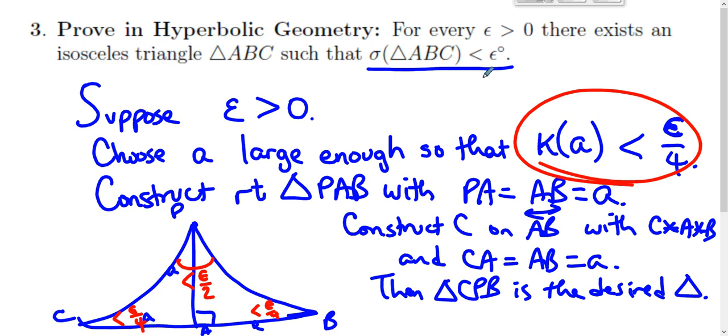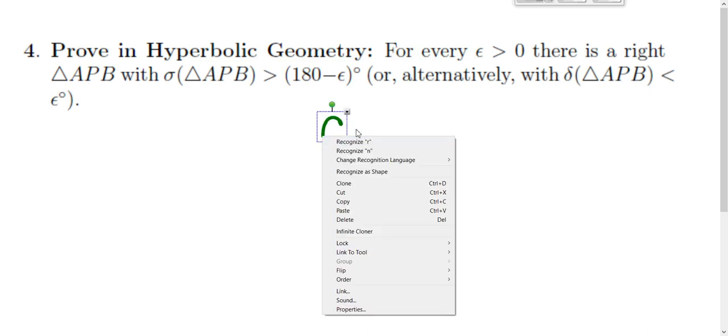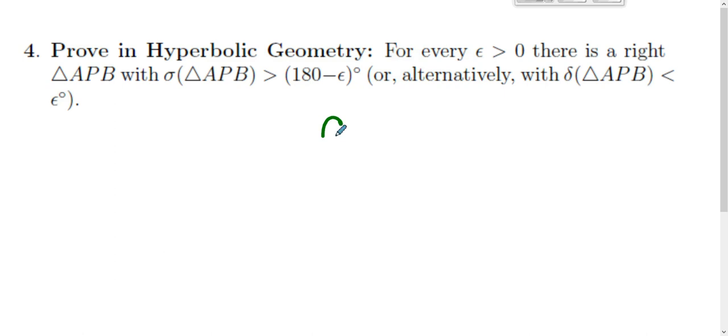So what's the takeaway here? We can make triangles with angle sums as small as we want, but we have to make the sides really big. For every epsilon greater than 0, there is a right triangle whose angle sum is as close to 180 as we want. We can make triangles with defect as small as we want. And the way we do this,